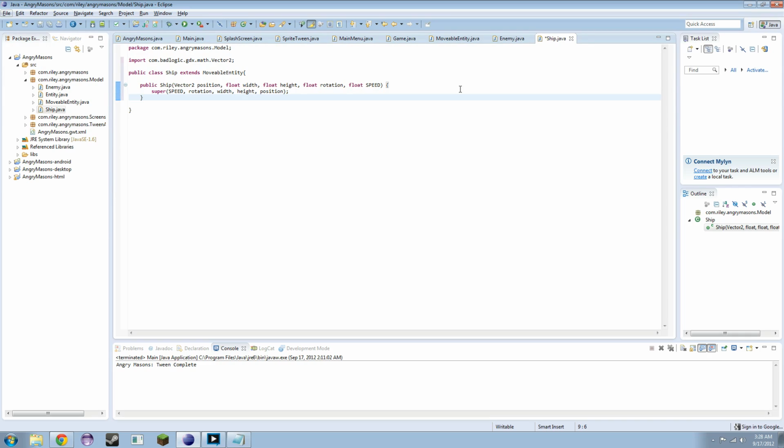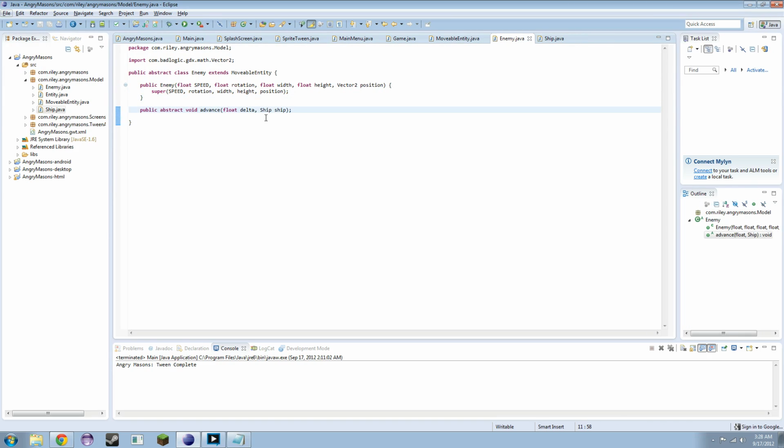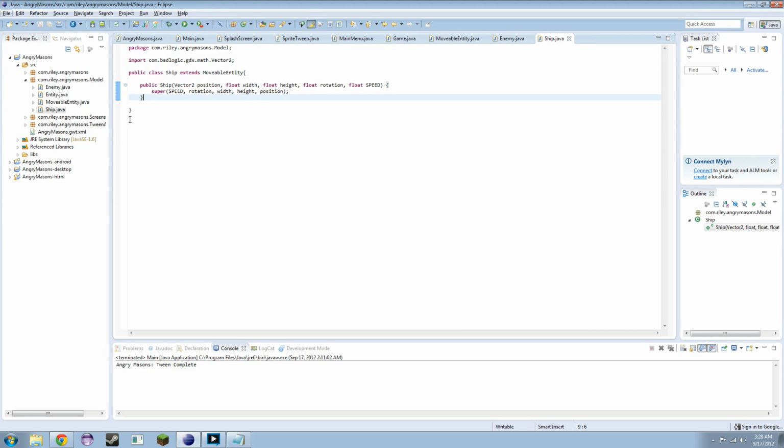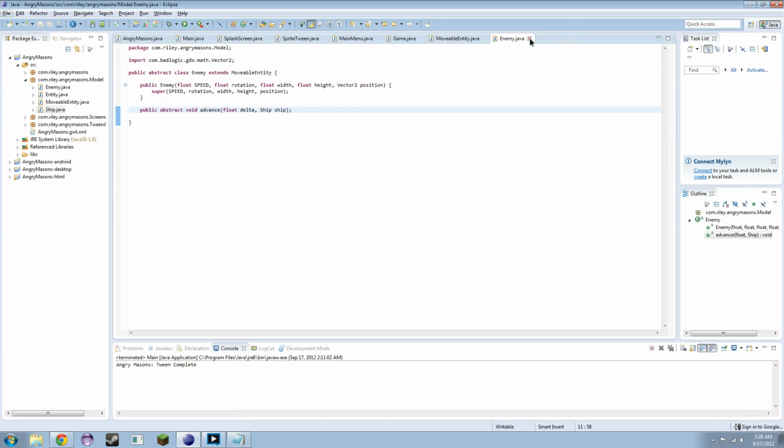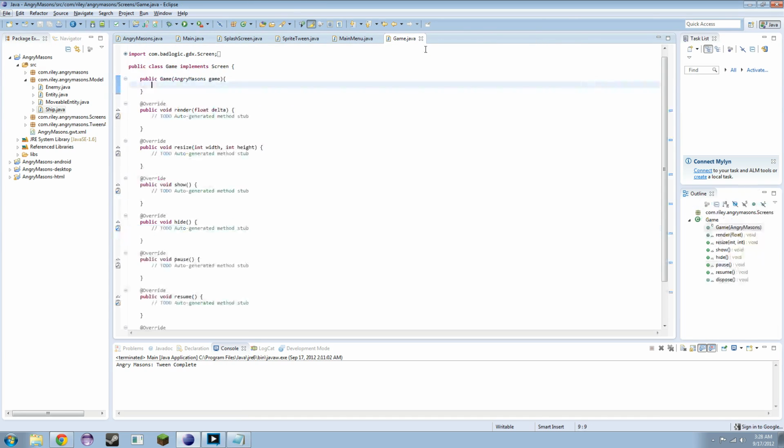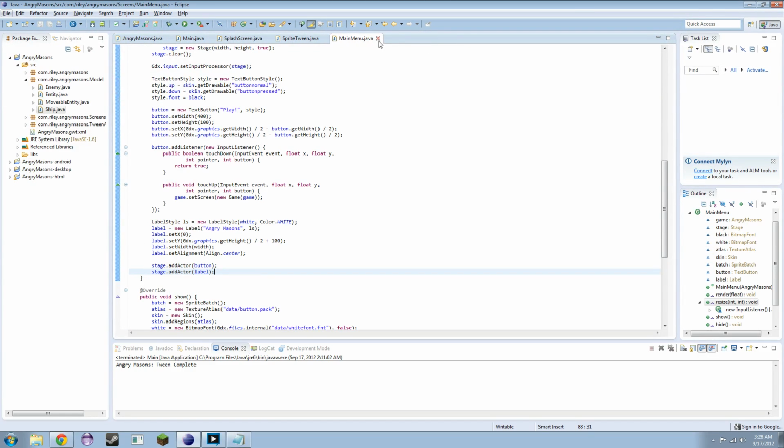Alright, so we can save this. And now enemy won't give us an error because ship actually exists. And we don't need to import it because it's in the same package here. It's in the model package. Alright, so now that this is, for the most part, set up and out of the way, we can actually,